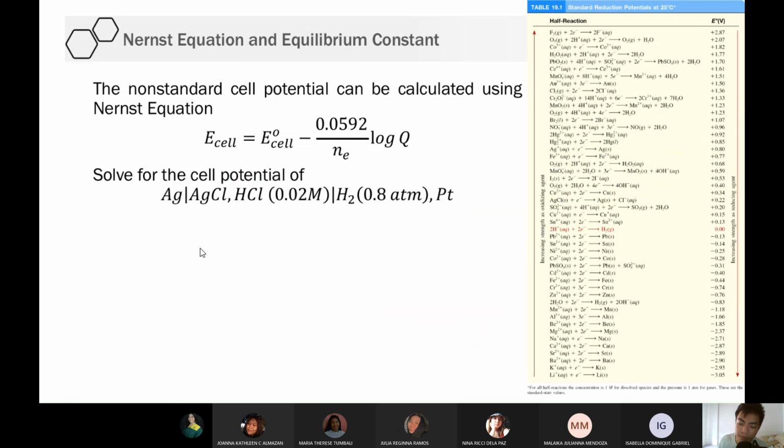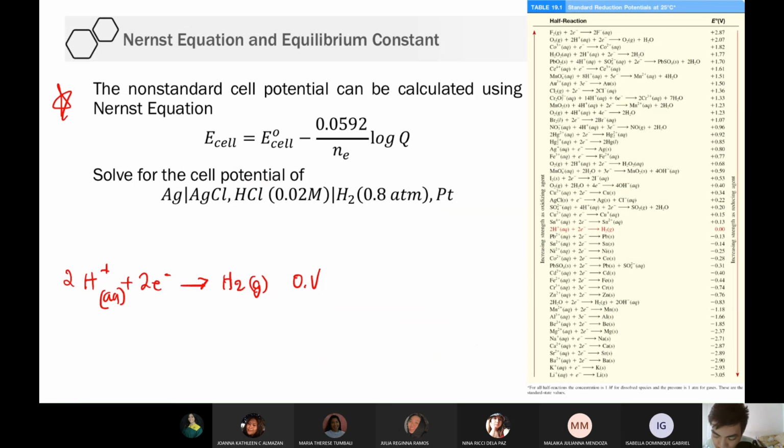Okay? So, etong problem na to, I will leave this to you as an activity na lang after the class. I-upload ko to sa worksheet. Okay? So, in this problem, we have the Ag/AgCl and the HCl/H2. Okay? So, ang gagamitin nating cell potential is for the Ag/AgCl and the HCl or the H plus to H2. Okay? So, ito yung mga cell potential natin dyan. 2H plus, 2 electron, H2, gas. This is a potential of 0 volts.